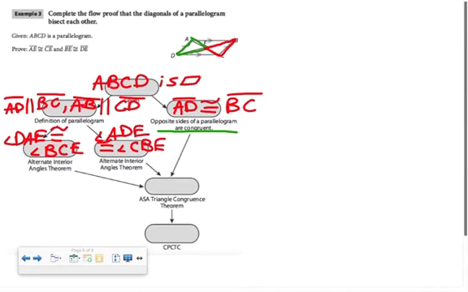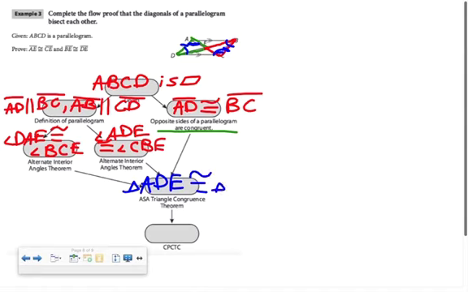And so there's three parts of those two triangles, and if it's not clear why it's angle side angle, let me mark this up for you. This angle is congruent to this one, this guy to this one, this side is congruent to this side. So I have two pairs of angles, two A's, and I have one pair of sides, and the sides are between the angles. Okay, so triangle ADE